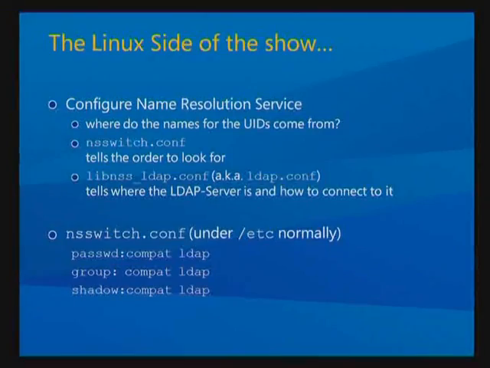And down here you see the nsswitch.conf, which just says compat, which is a kind of files. On Red Hat, I think it's called files. And after that, go for LDAP. Please choose this order, because if your Active Directory is not available, users can still log in if they have a local account. If you do it the other way around, you get a lot of timeouts before you recognize that the server is not online. So if you do it in this order, you shouldn't have any problems. The LDAP, that's quite easy, yeah? The LDAP conf